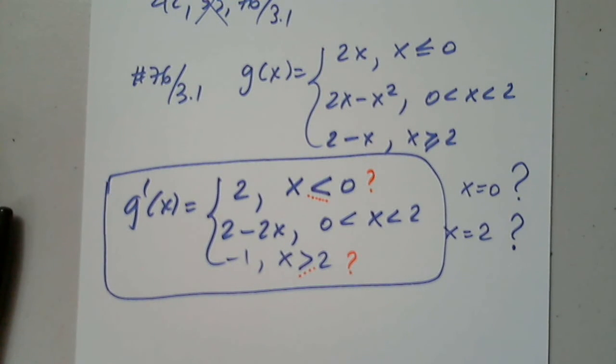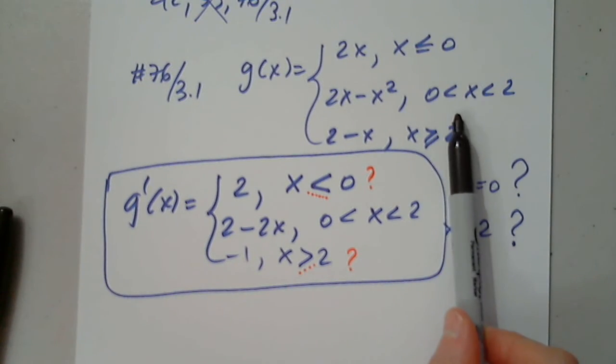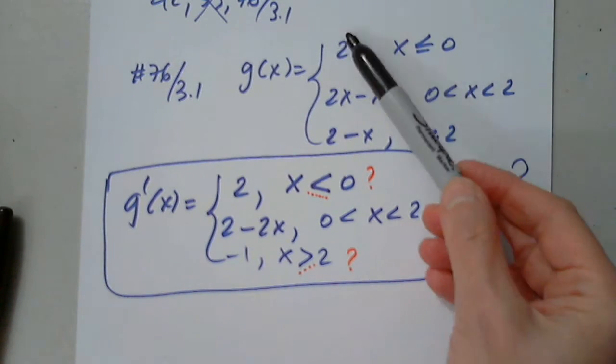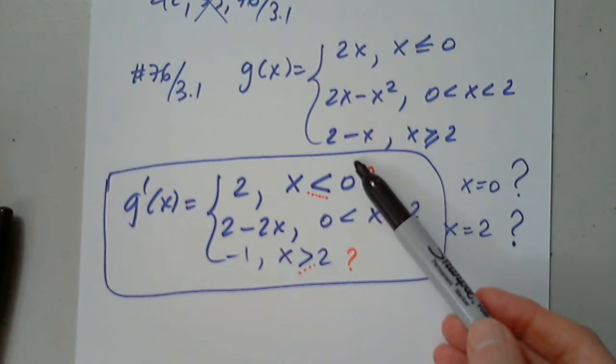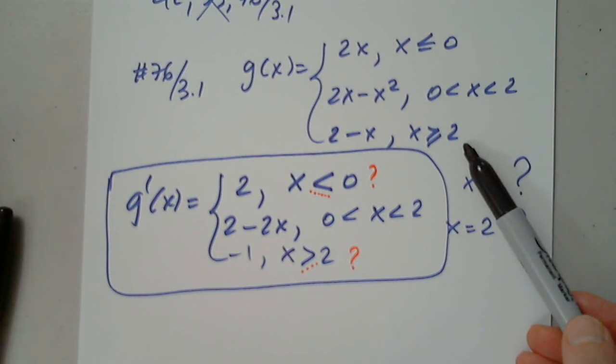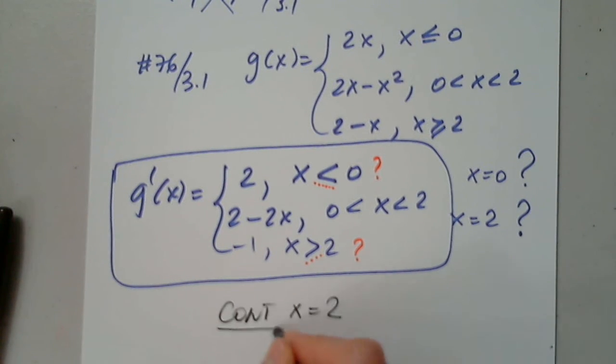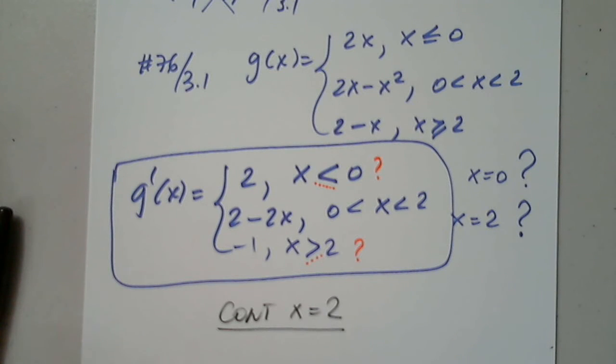So first of all, I have to see if the function is continuous at 0. I know it's continuous everywhere. These are all polynomial functions, but I don't know if it's continuous at 0. I don't know if it's continuous at 2. So remember continuity at x equals 2. You thought you could get away? No, you can't get away from continuity. Okay, so the limit,